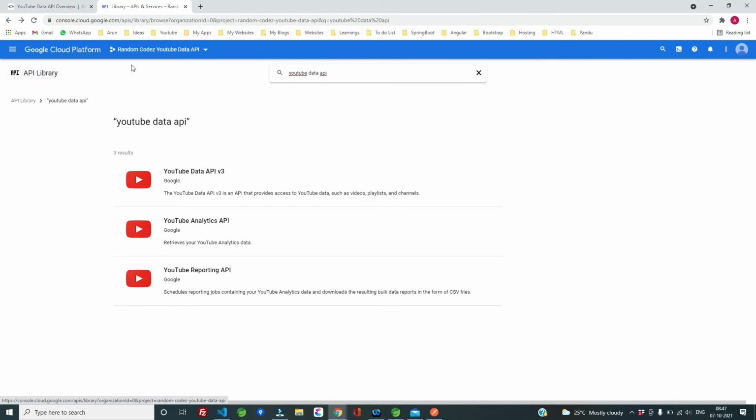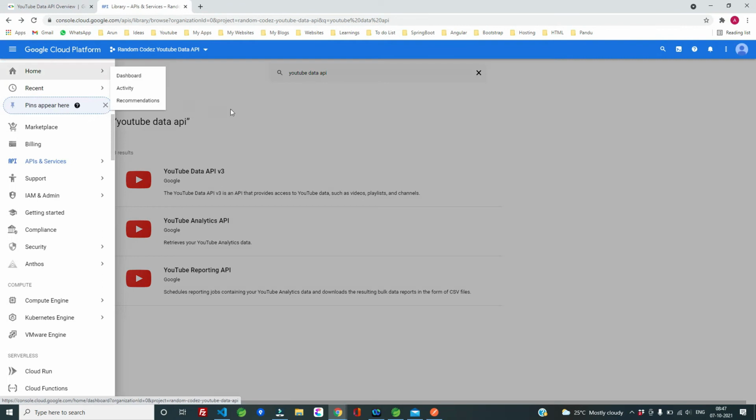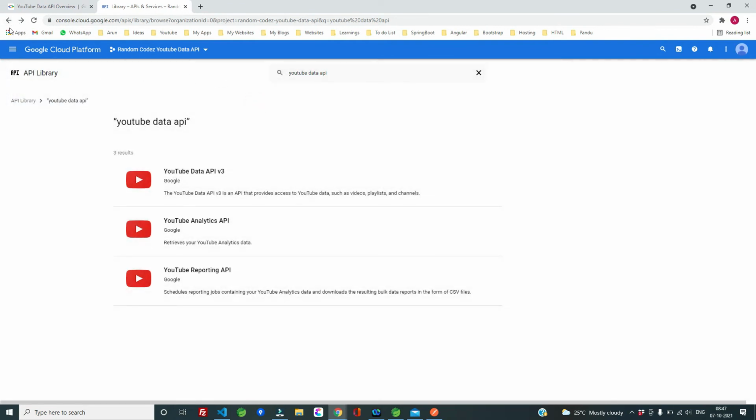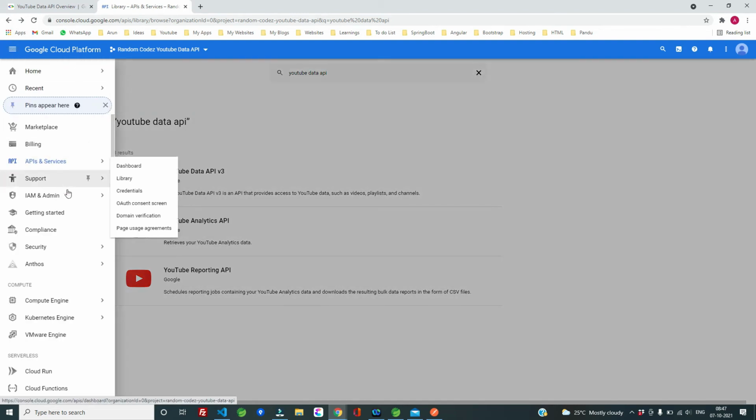So we just have to go back to our APIs and services section. So either you can just go back using this back button, or just click on this icon and go to this APIs and services dashboard.